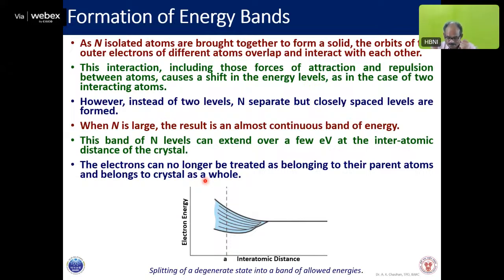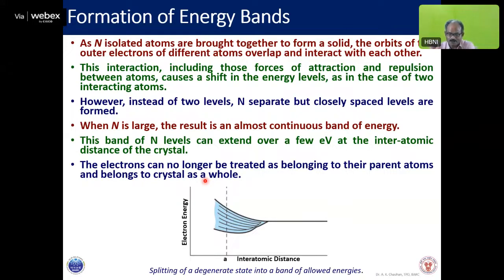Suppose, as I said initially, you had a copper atom. The copper atom cannot conduct because the copper electron belongs to that particular atom. But when it comes inside a perfect, ideal crystal, where the copper atoms sit at definite distances from each other,